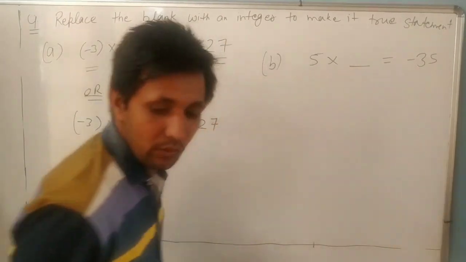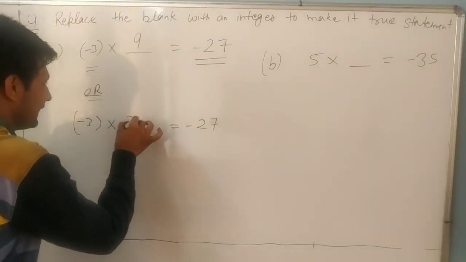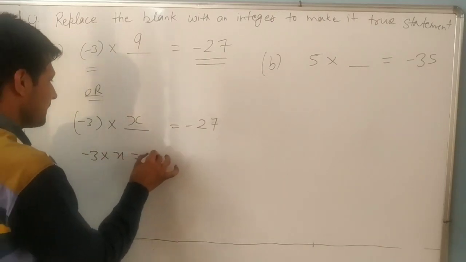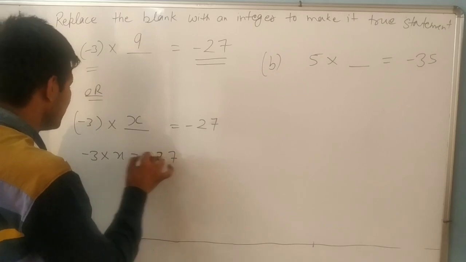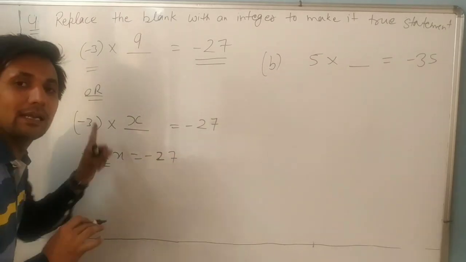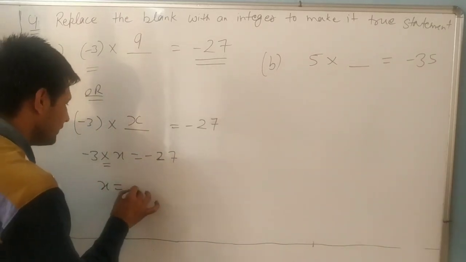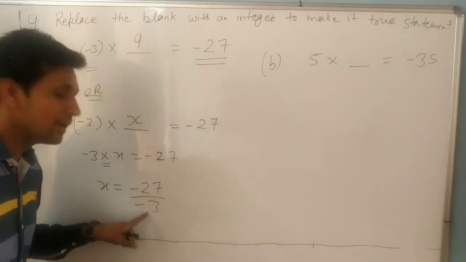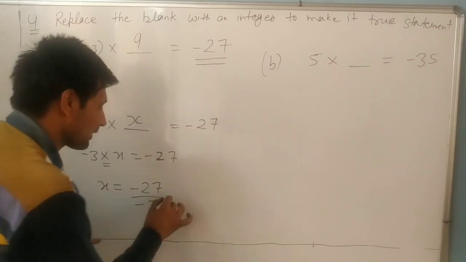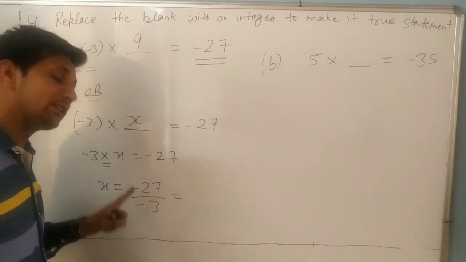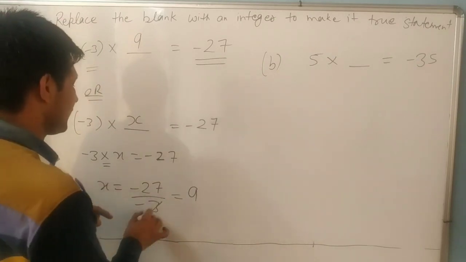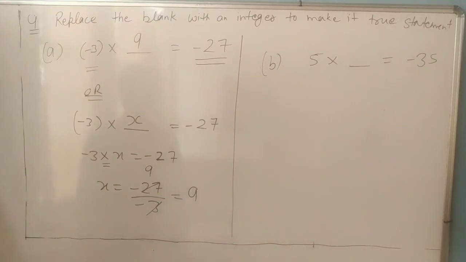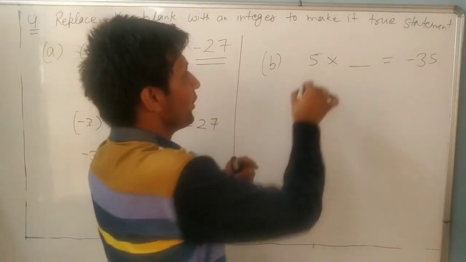How to? Look here. We will consider the last one as x, and everyone knows minus 3 into x is minus 27. And what I told you, they are multiplied or not? Multiply on one side, dear, divide on the other. And in divide, when both are the same sign, if both are positive, the answer is also positive. If both are negative, then the answer is also positive. So 27 divided by 3 is 9. Understand here? Now again it is positive.